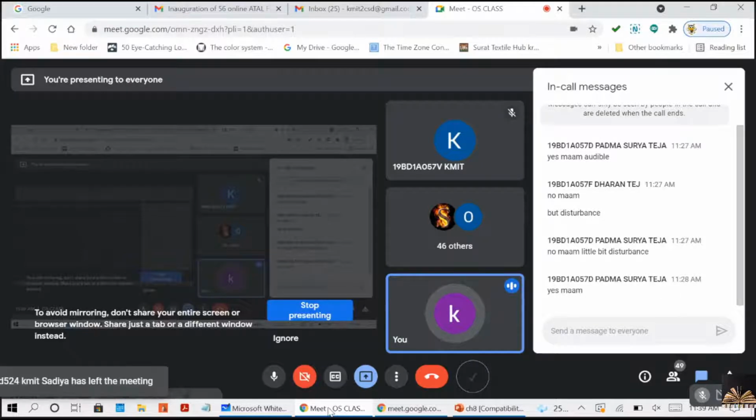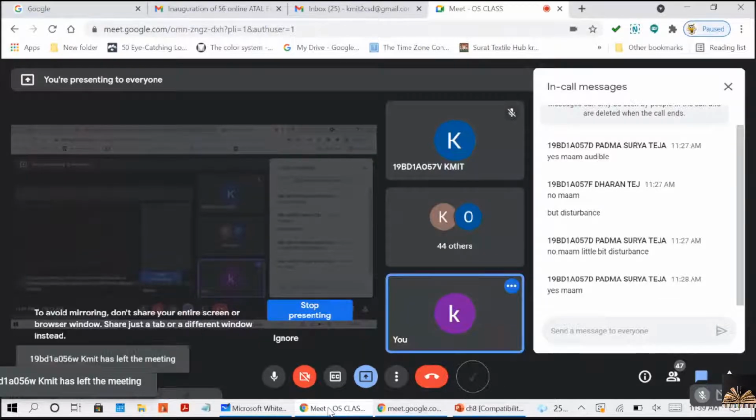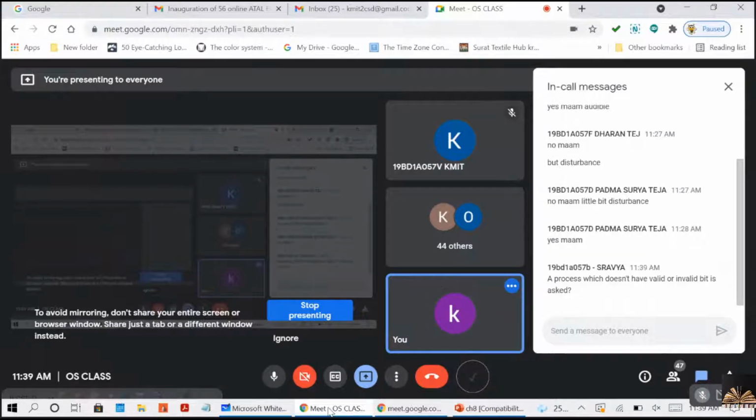If it is invalid, it will not give access. Do you think it is working properly? This also has some problem. For every process in the page table, there will definitely be a valid or invalid bit, because the operating system gives whether it is valid or not. I'll tell you what the problem is.